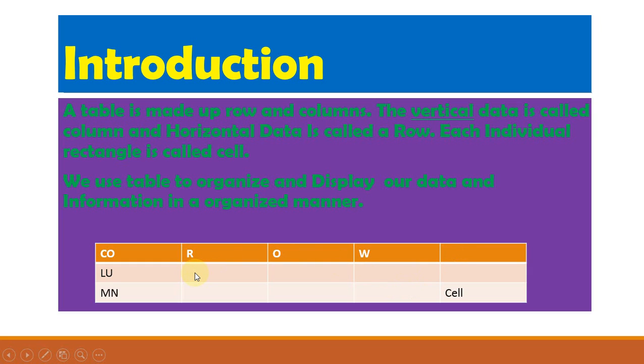area is called a cell. Everyone is a cell. This one is a cell, this one is a cell, and this one is a cell. Every box, this one is also a cell, but when we combine like this, then it makes a row, and when it's combined like this it is called a column.